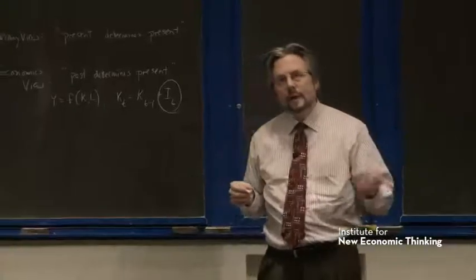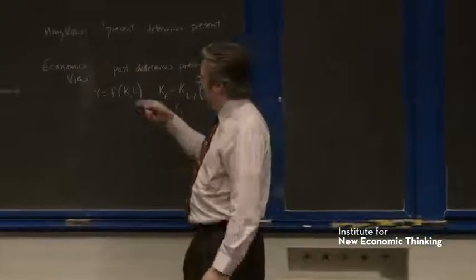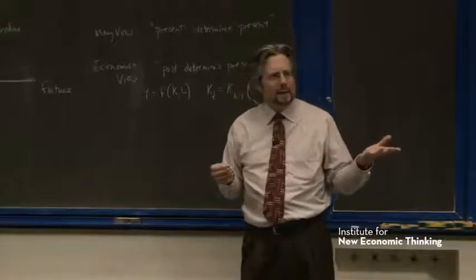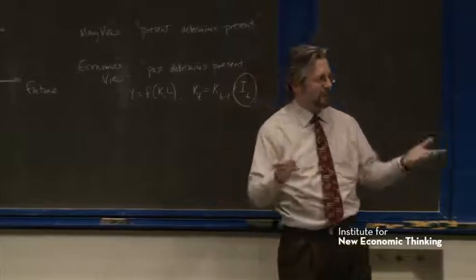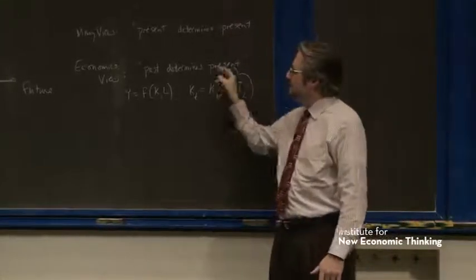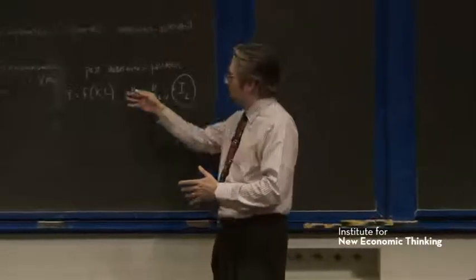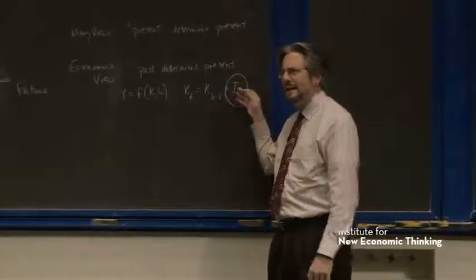Now, in most of the history of economic thought, there has been a struggle between these two points of view. The money view is a natural point of view for people whose jobs are in the money market, people who are bankers, people who are central bankers. But it's not particularly a natural point of view for anybody else, and so it tends to be a minority point of view. And you get economics being built basically on this other point of view, which seems more natural to retail customers and maybe more ethical in some way too. This whole idea about the virtue of saving and things like that,